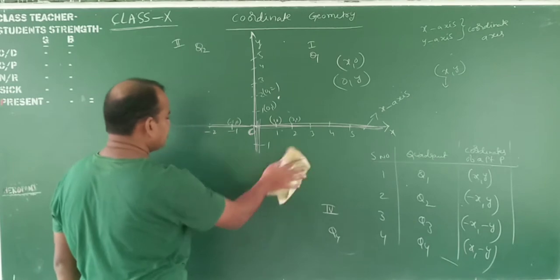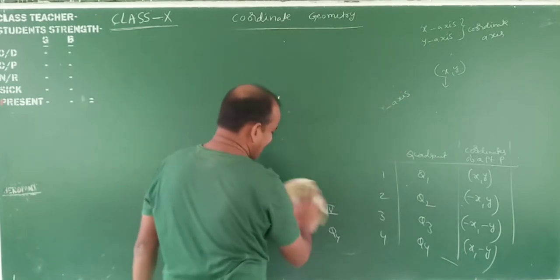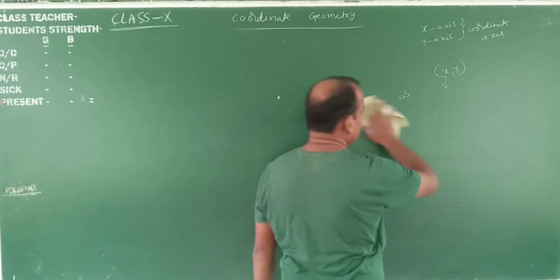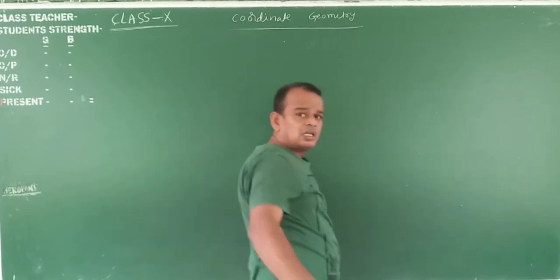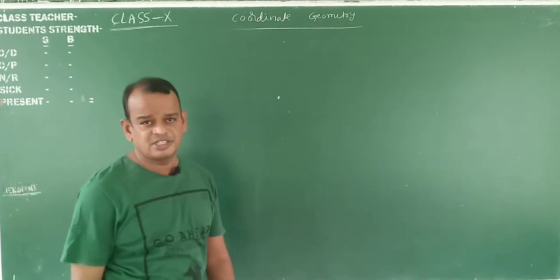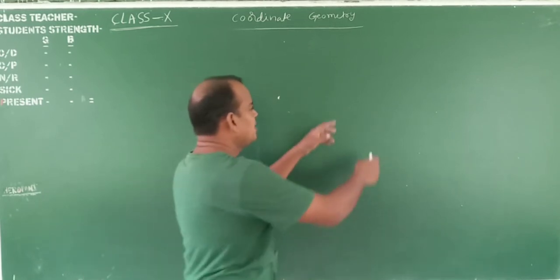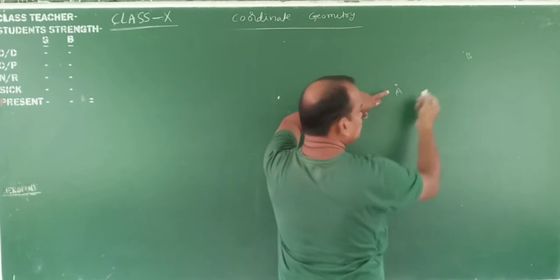Now, the distance between the 2 points by using the coordinate axis. How to find, suppose here one point is there, and we want to find the distance from here to that wall. How much distance is there? By using a tape we can find it easily, but here 2 points are given. Suppose this is point A, this is point B. These are the 2 points.